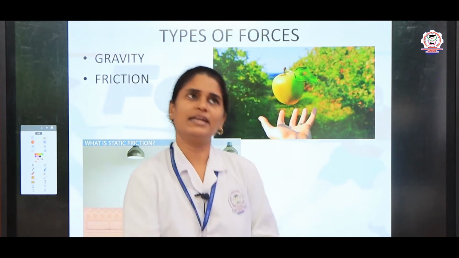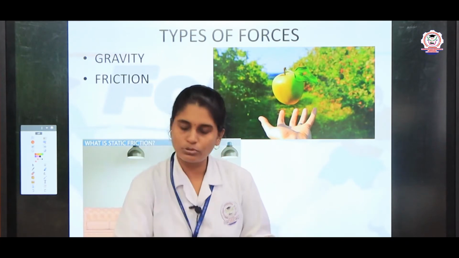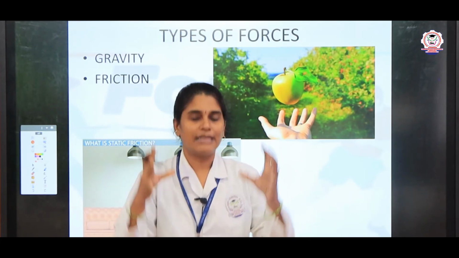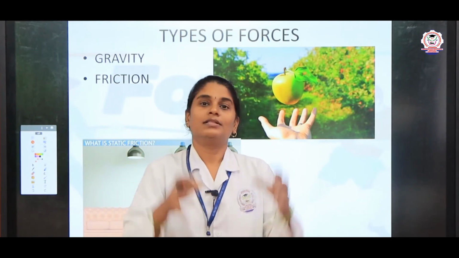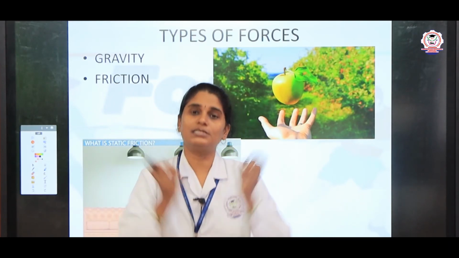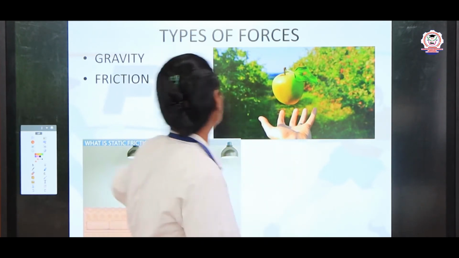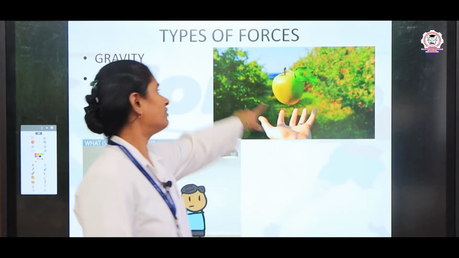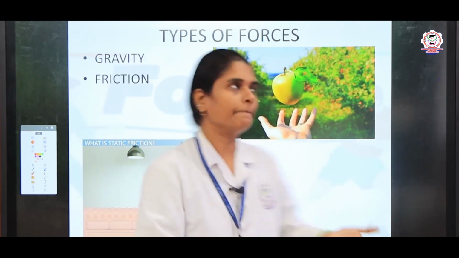So once you throw anything into the sky, the object will fall down, it will come to the ground. Why? Because there is some force that exists on our earth. Thereby the center of the earth pulls the objects towards it. This force is known as gravitational force. With the help of gravitational force only, our earth is surrounded by the atmosphere, right.